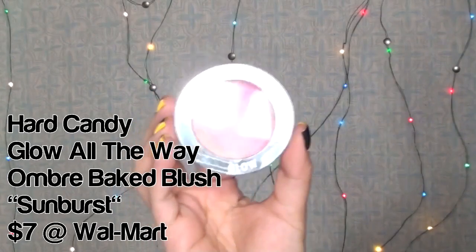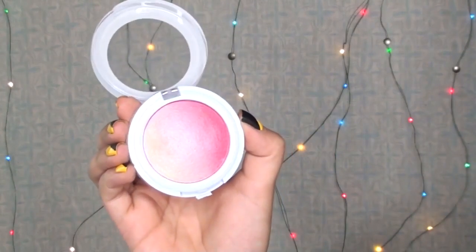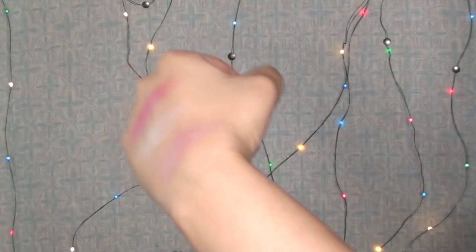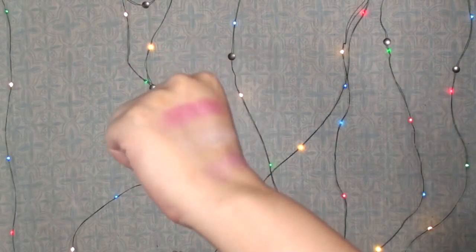This is the Hard Candy Glow All the Way Ombre Baked Blush. It is in an ombre sort of thing. I have issues with this. As you can see in the swatches, it's heavily shimmery. I mean, heavily shimmery. That's a lot of shimmer. It is. It's a lot of shimmer, and if you mix the two sides together,